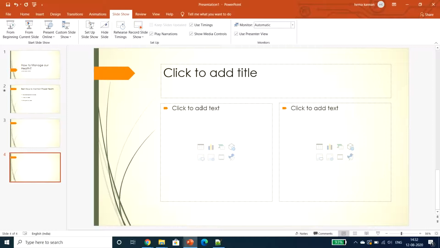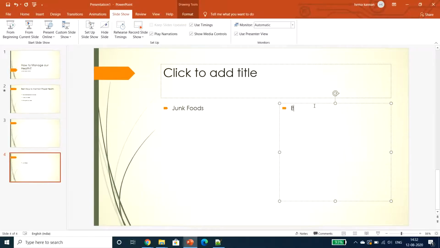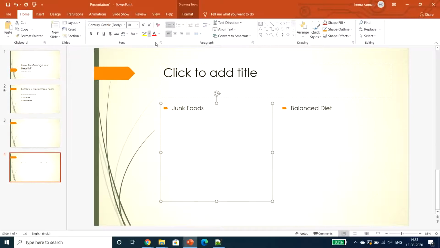Just to give an example, here I can give junk foods, and this one a balanced diet. For this sort of layout to be maintained, they have given these two boxes. But if you need the border or some background for separation, we can add it ourselves with the help of these home options.